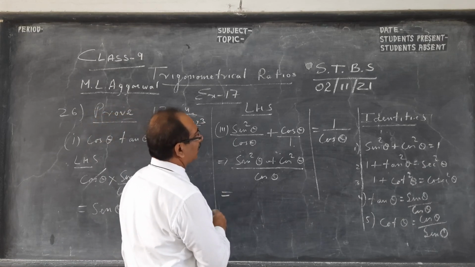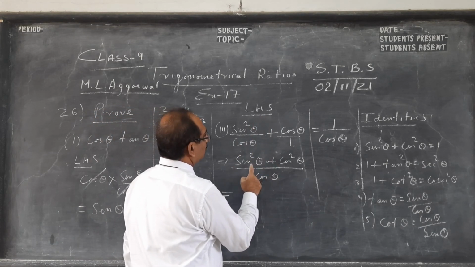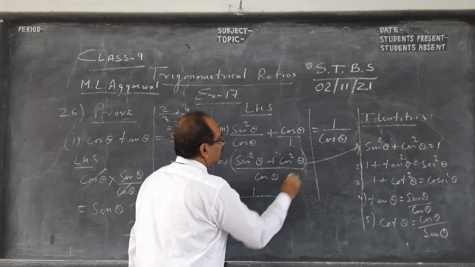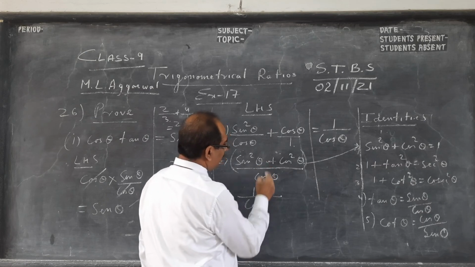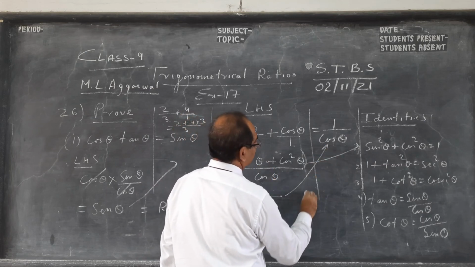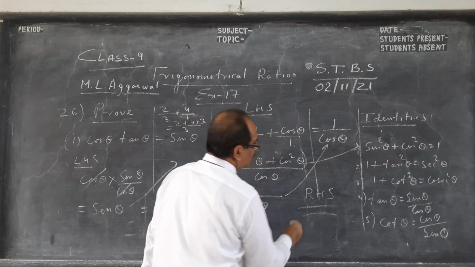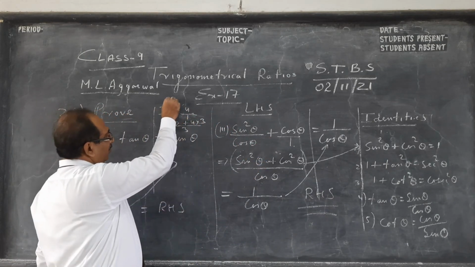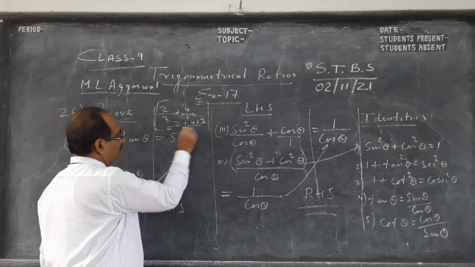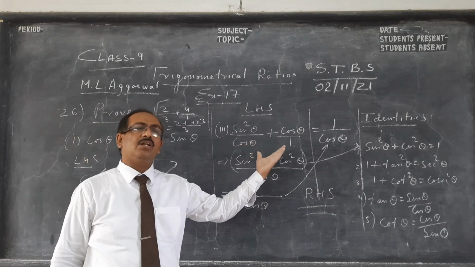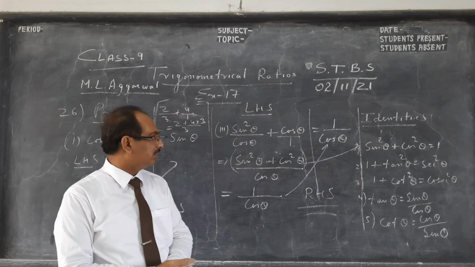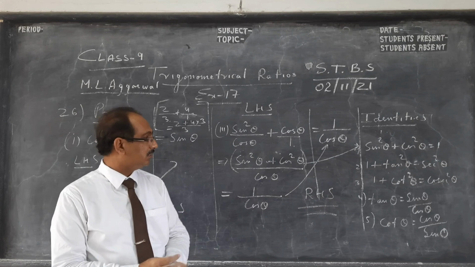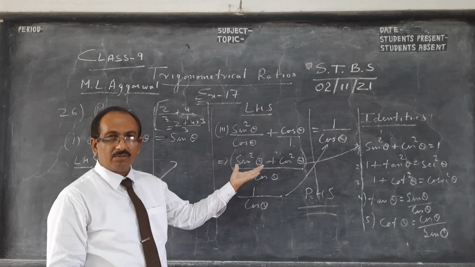Now we know, children, we started with LHS. Sin squared theta plus cos squared theta is 1. So this full thing becomes 1. So I get 1 by cos squared theta, which is my RHS. So proving sums are very important, children. Once more, we solve like a fraction, addition of a fraction with a number. So like that trigonometry goes. So please practice solved and unsolved examples, solved examples and do unsolved questions, and you will appreciate it better.